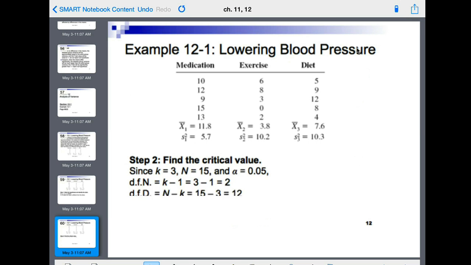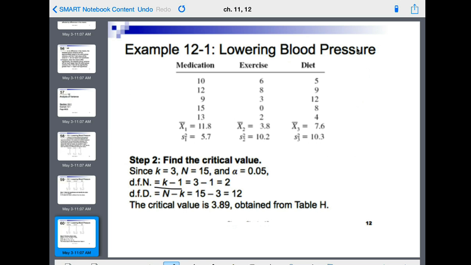Find the critical value. Now this is a little harder. Since k is equal to 3, k is the number of groups, N is 15, how many values we have, 15 values, and alpha 0.05, the degrees of freedom numerator is going to be k minus 1. It's important to remember this. Numerator is k minus 1, which is 2. Denominator is 12. So we have to go back in our book again